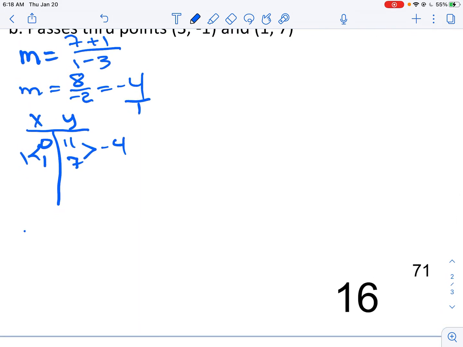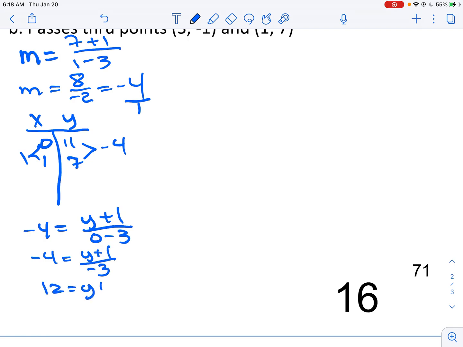Okay, I could do the slope way, which is negative 4 equals y plus 1 over 0 minus 3. So negative 4 equals y plus 1 over negative 3. So that would get 12 equals y plus 1. Subtract 1 from both sides and I get 11 equals y. Or I could do it this way